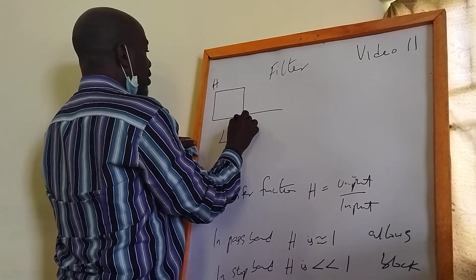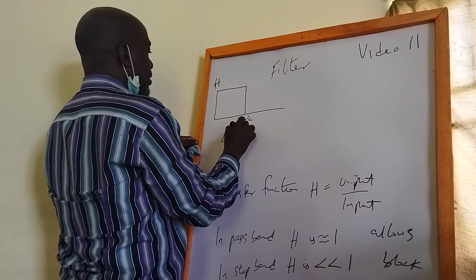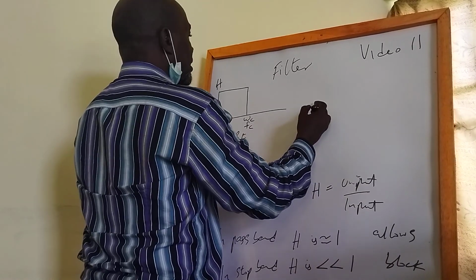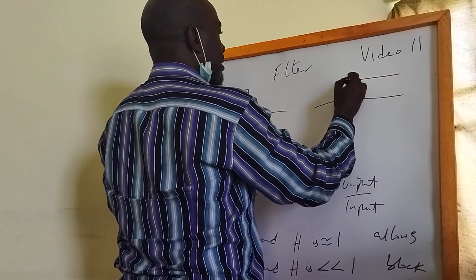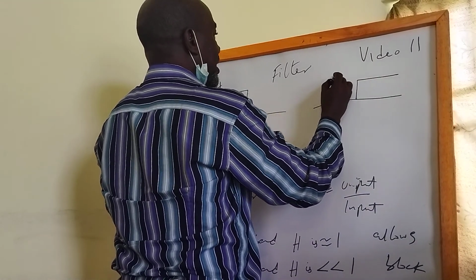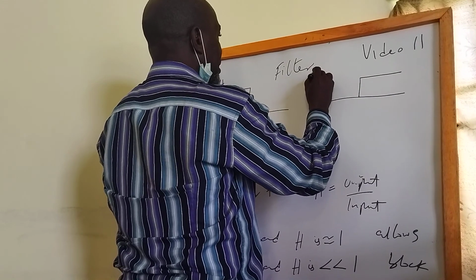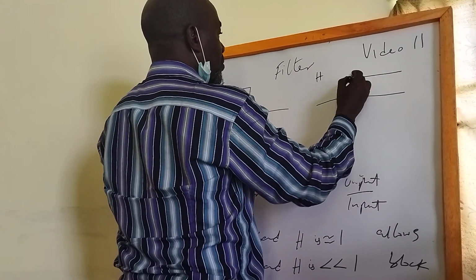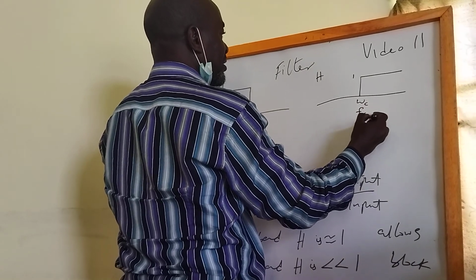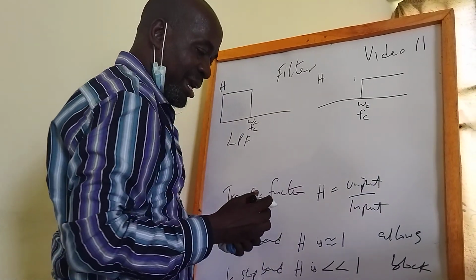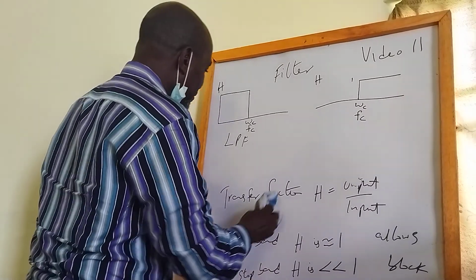This will be the cutoff frequency, or FC. This is high pass. So this is H. H will be 1 here. This is omega C or FC, and then we have